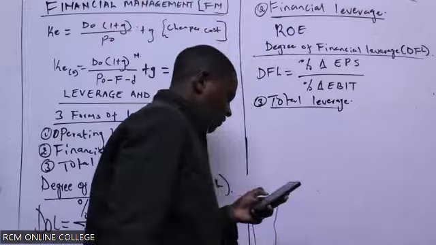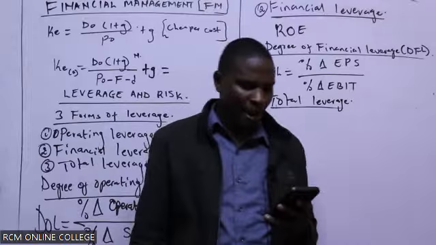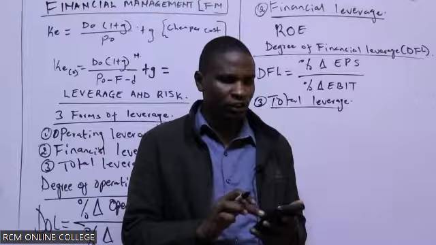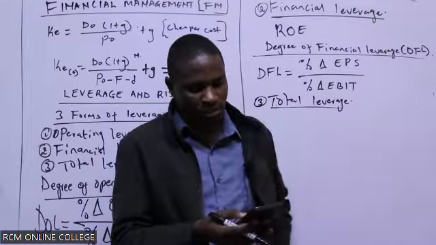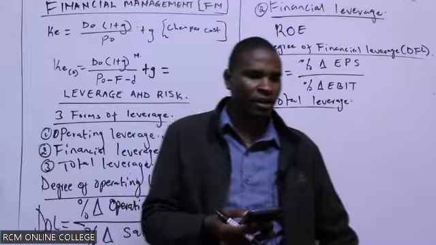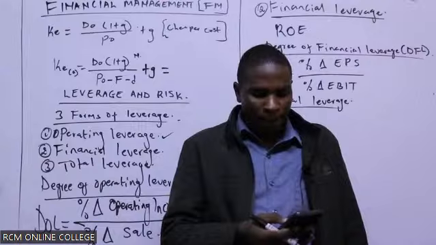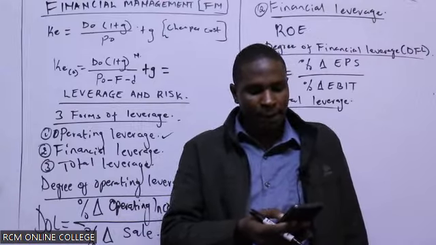So for the total leverage, you just say it is the combined effect of both operating leverage and financial. Hiyo ya mwisho tumesema tu, it's just a matter of picking the high level concept. You say that it indicates how a company,